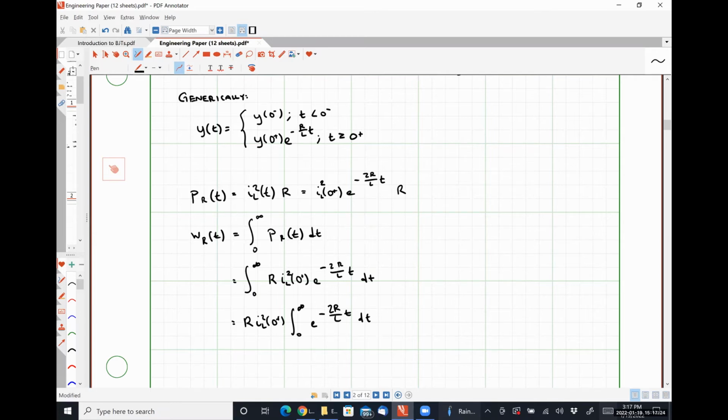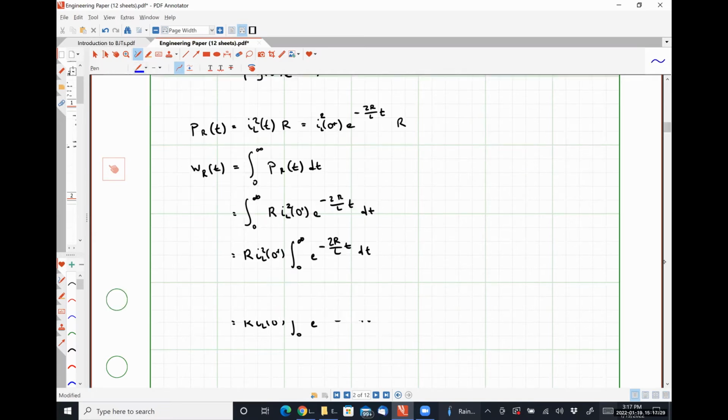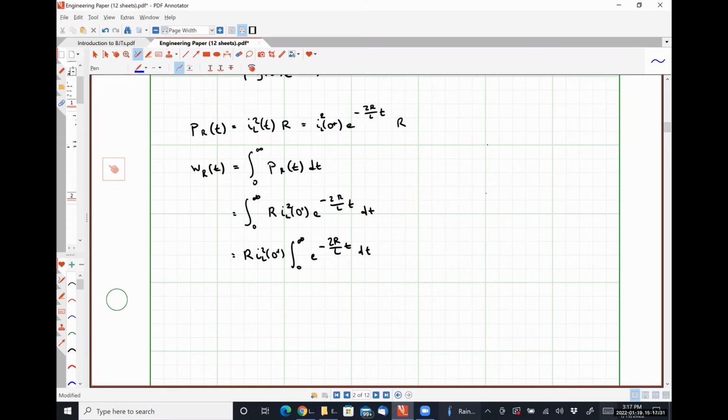Negative L over 2r. So I take, as a quick aside here, because I think this is important, we talked about it the other day. The derivative of e to the alpha t was alpha e to the alpha t, and the integral of e to the alpha t dt was 1 over alpha e to the alpha t, right? So doing that integration, we get